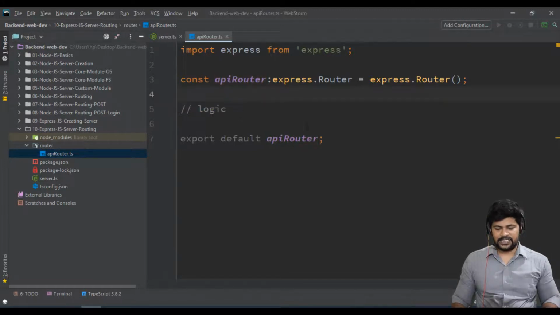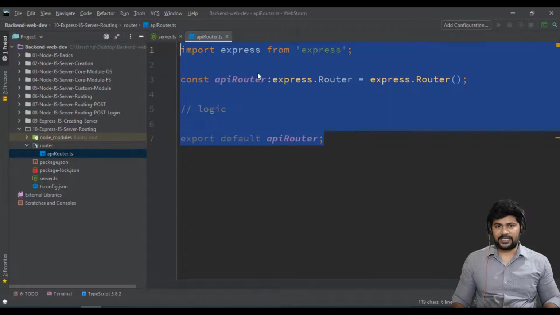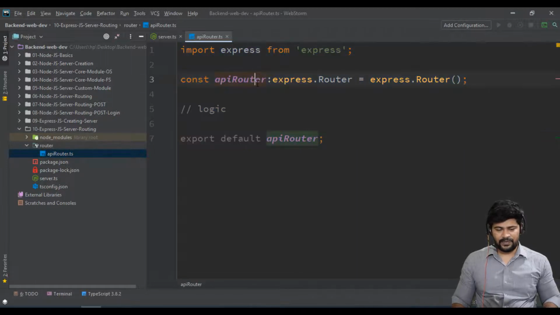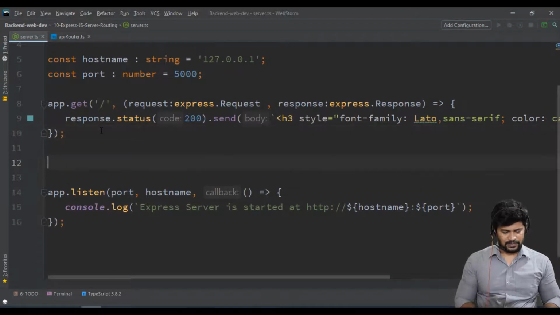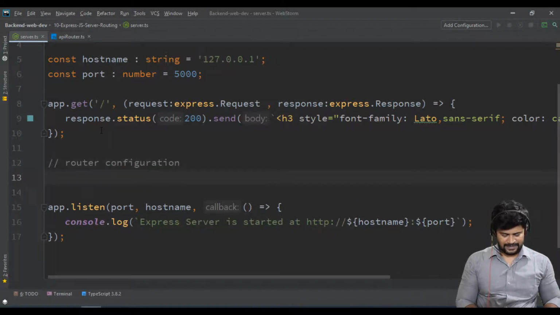Before I write the logic, let me configure this particular router with my server. How you configure is somewhere below, let's say router configuration. What you do is app.use, there is a function for Express.js.